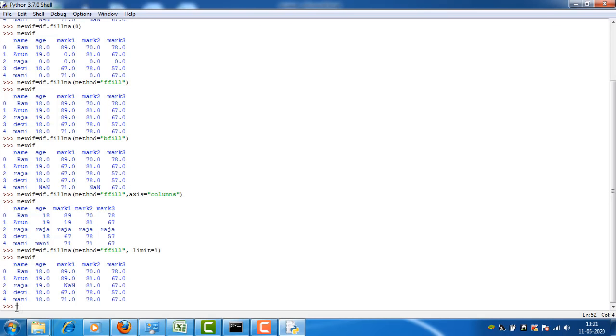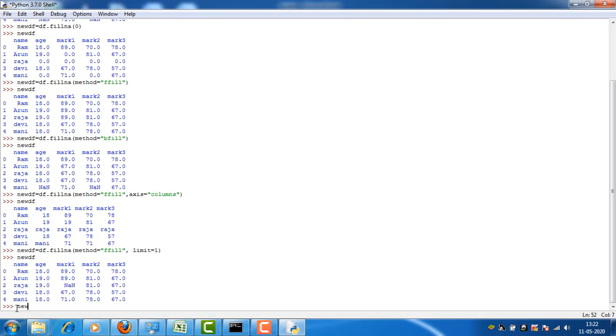Interpolate fills the missing values by linear interpolation equations. The value is estimated by linear interpolation, having the intermediate value from the previous and next values.